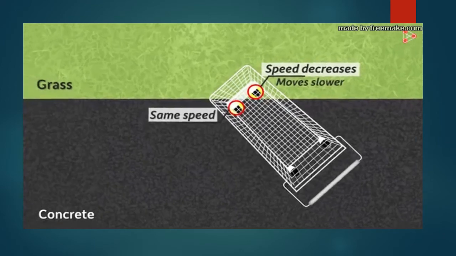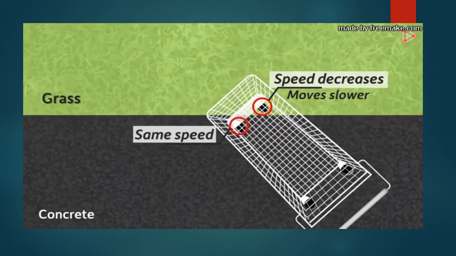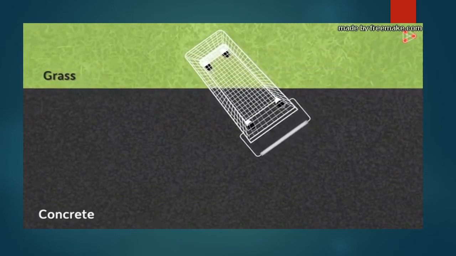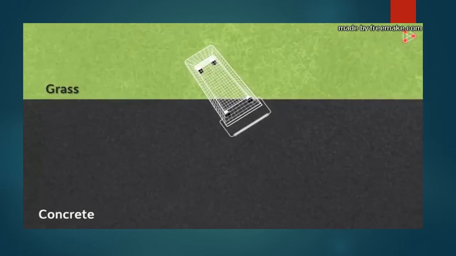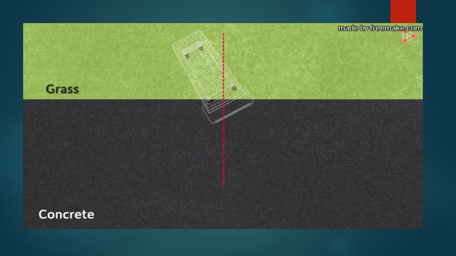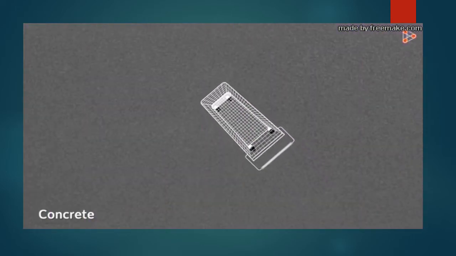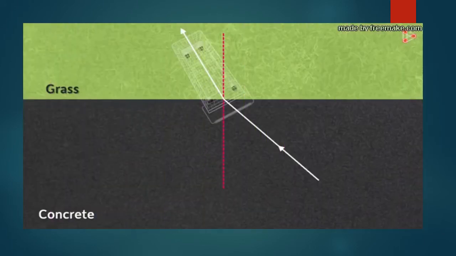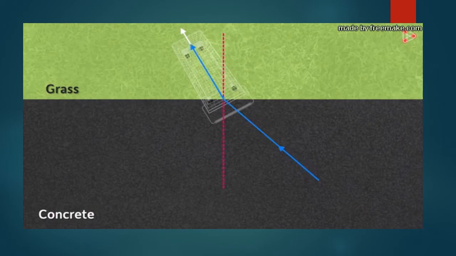But let's focus on the two front wheels. Both the wheels are moving with different speeds. As the force applied is constant, what this will do is slightly turn the cart towards the right. The cart will change its direction and continue moving in that direction afterwards. So the direction changed. Now let me draw a normal to the surface now. We can see that the cart has taken a turn towards the normal. If the surface wouldn't have changed, the cart would have continued to move in this direction. But because the surface changed, the direction of movement of the cart also changed.